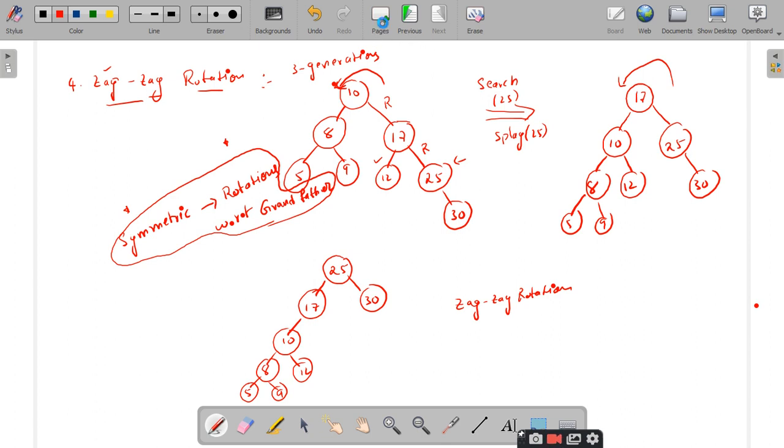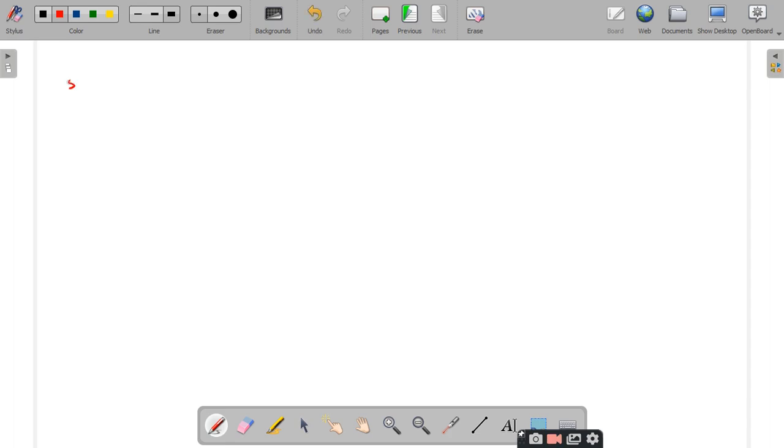So we'll go for the other type of rotation, zig zag rotation. By looking at this zigzag rotation, what do you understand? It is analogous to right, left. Zig is right.